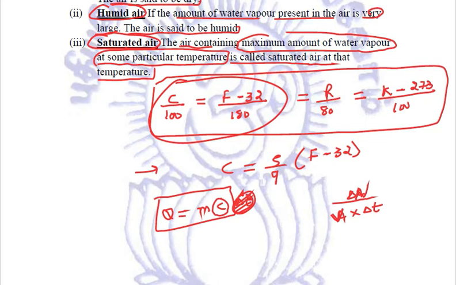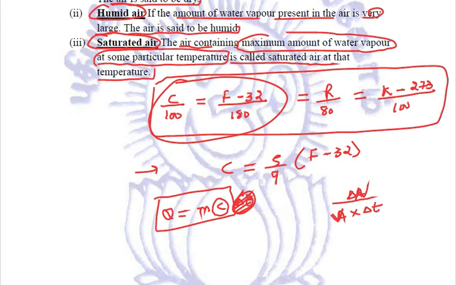In case of liquids, there were two types of expansions that we saw, apparent and real. Apparent is without considering the expansion of the vessel, and real is considering the expansion of the vessel also. In case of expansion of gases, we saw two coefficients, volume coefficient and pressure coefficient.